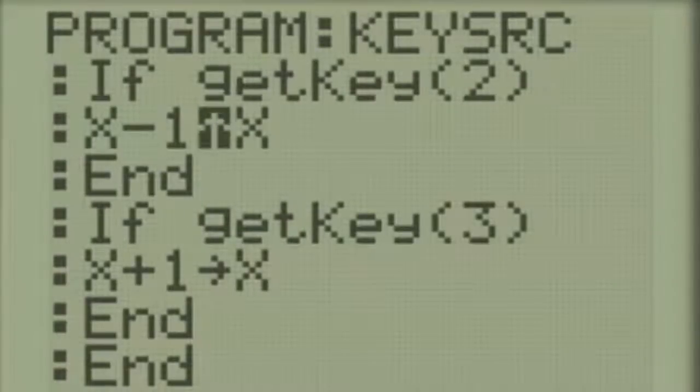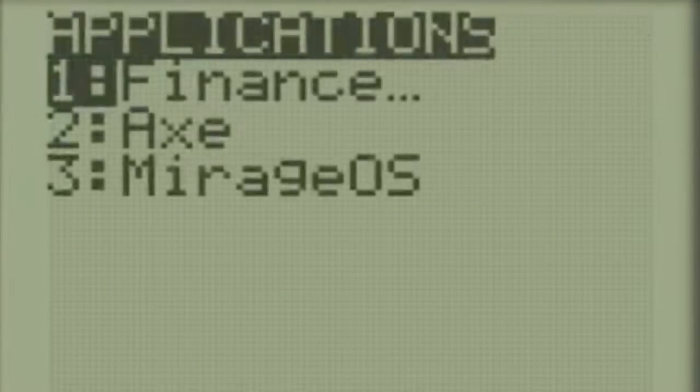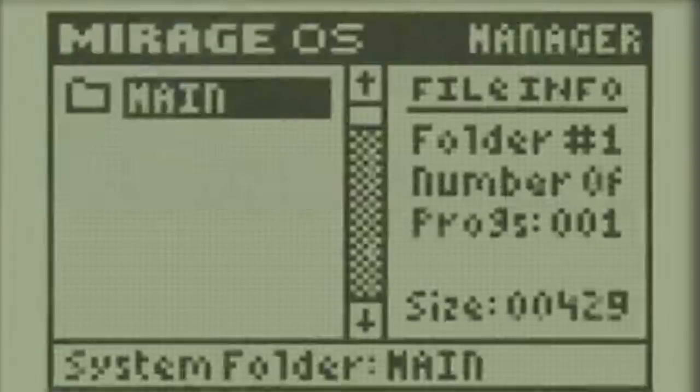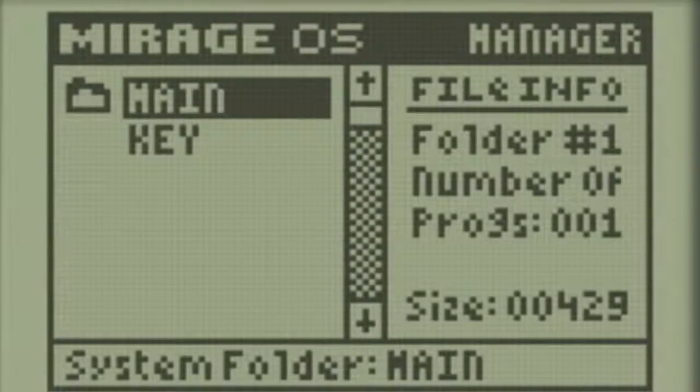So now I'll just do second quit. Go to your axe, compile key. Notice it takes a little longer than it did before, because it actually has some use. And now, if you go to key,